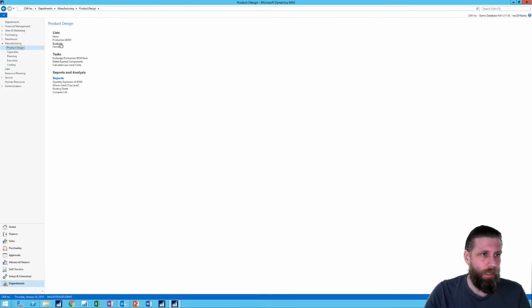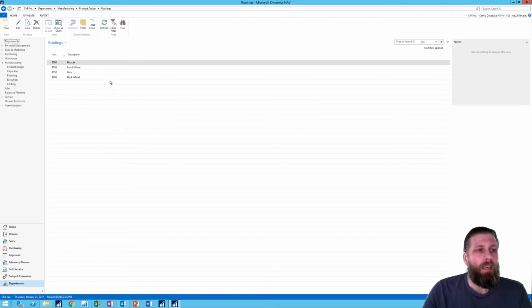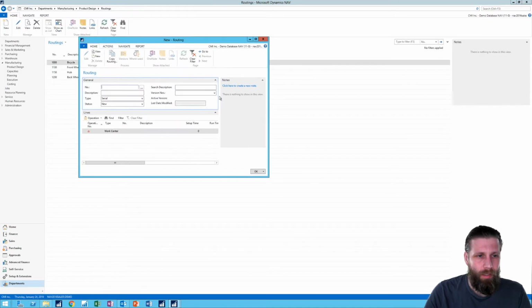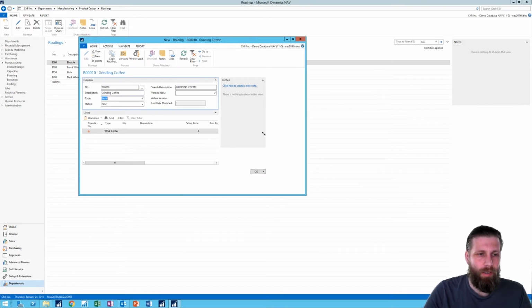Actually in product design, routing. So here I have just routings for bicycles. So I'm going to create a new one, and just hit enter on that. And this is going to be grinding coffee. Now I'm not going to create a machine center or anything like that. So I might pick,